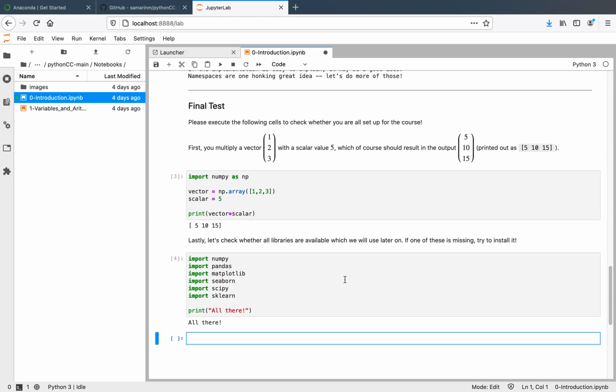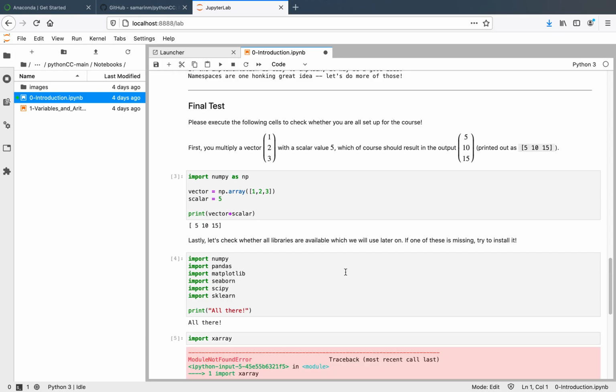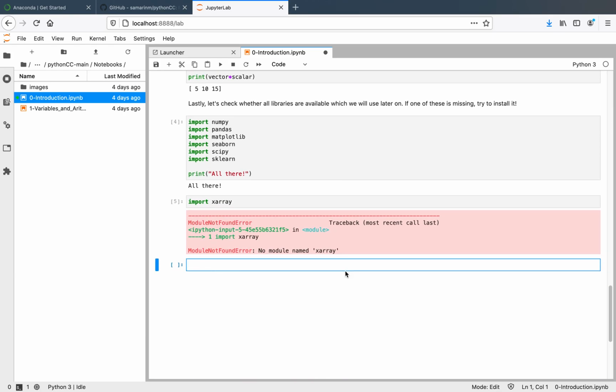Anaconda per default installs all of these very essential libraries. In case this doesn't work as displayed here, and there's maybe an error message, such as here, for example. So here I tried to import a library which is called xarray, which we didn't install before, and you see it will issue an error message which says that there's no module or library xarray. If this is the case, or you want to install your own package for your own analysis,